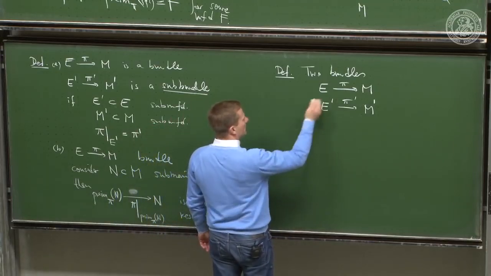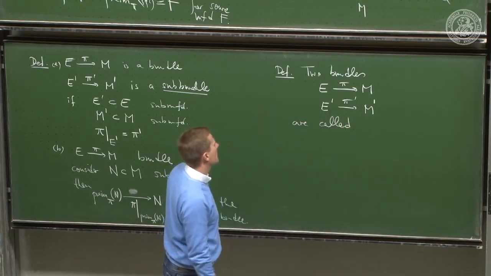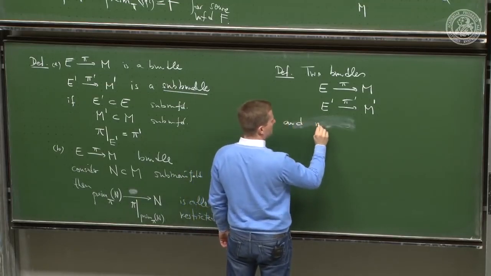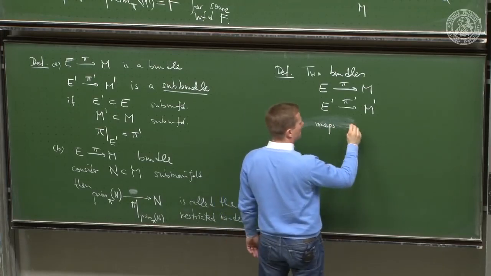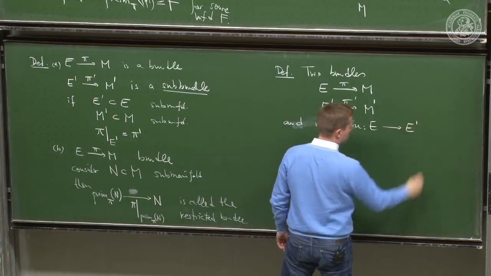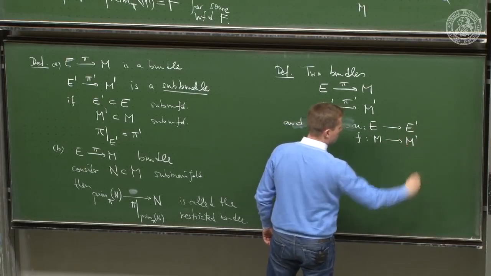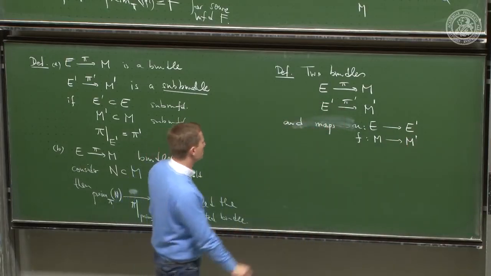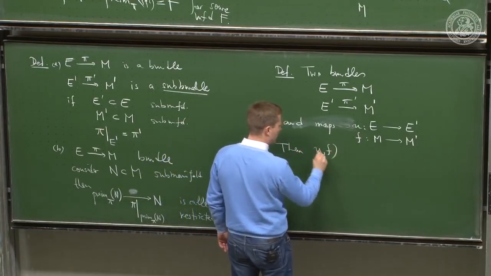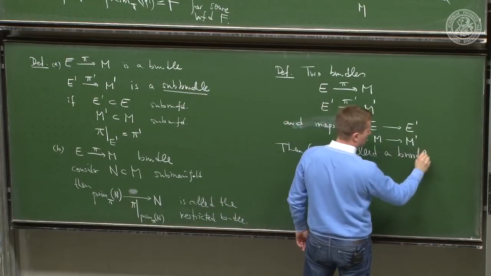Then the two bundles are called, okay, two bundles, and consider maps, two maps. One is a map U that takes you from one total space to the other total space, and you have a map F that takes you from the base space of one to the base space of the other. Then the pair UF is called a bundle morphism,